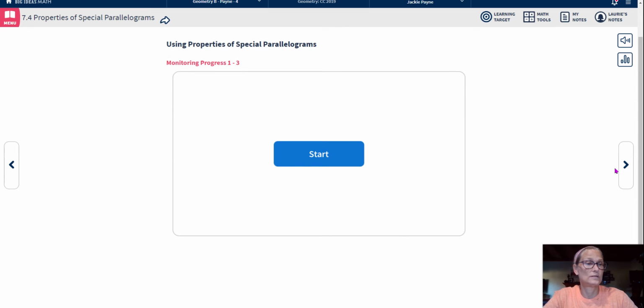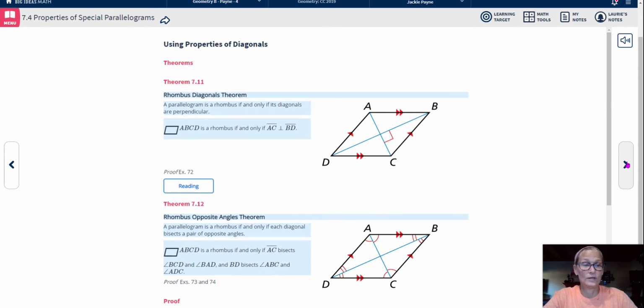Okay, so this is stuff we do together. Now, here's our diagonal theorems. Again, this will be in your notes, but they're pretty cool. They're kind of special, so listen to them here. So we've got